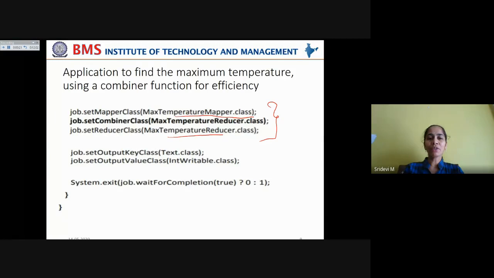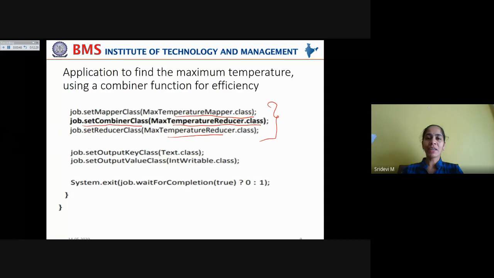Now we are introducing a combiner function by setting the combiner class using max temperature reducer dot class, so that before the reducer class is called, this combiner function is run on the map class's output, so that it minimizes the data that has to be transferred to the reducer class.